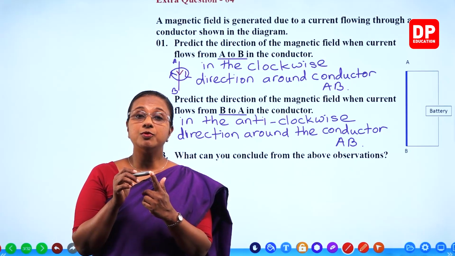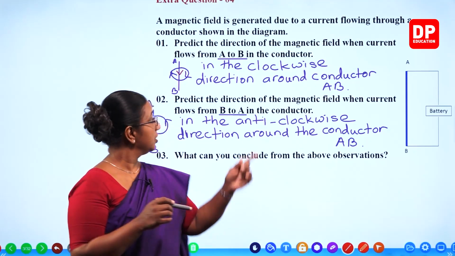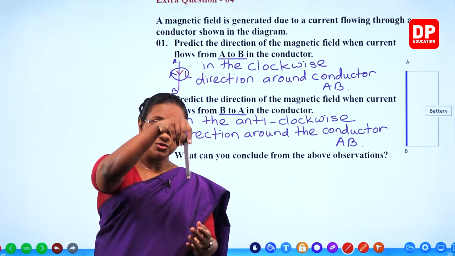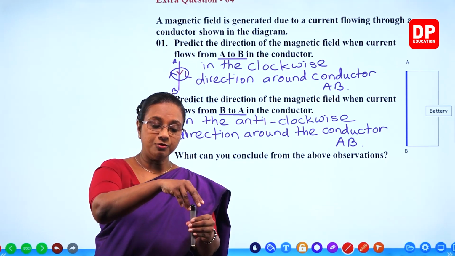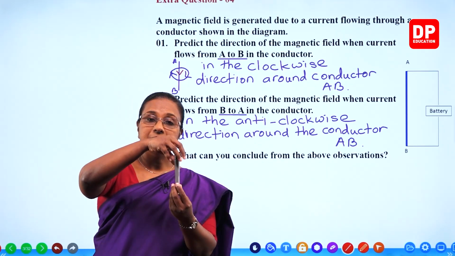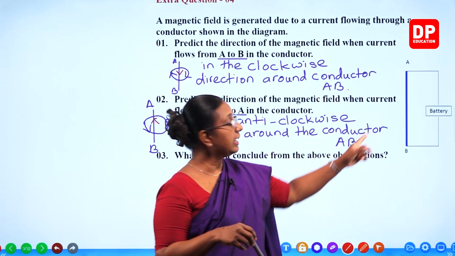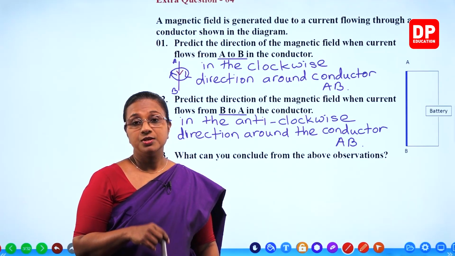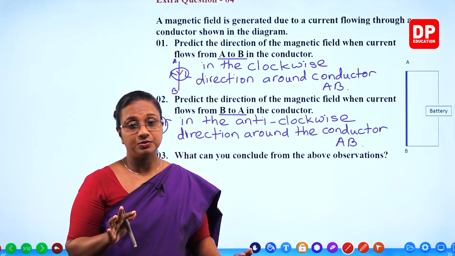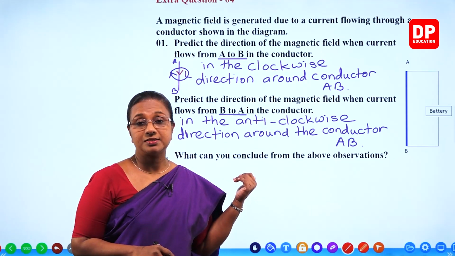The direction of the movement of the corkscrew points to the direction of the magnetic field. So, if the current is flowing from A to B, you have to rotate the corkscrew this way. The corkscrew will be moving down. At the same time, it would be a clockwise rotation. If it is coming up, anti-clockwise rotation, it's going to move up. So, B to A, it is going to be anti-clockwise. That is how we find the direction of the magnetic field. Is that okay, students? You can use either method, either the right hand grip rule or the Maxwell corkscrew